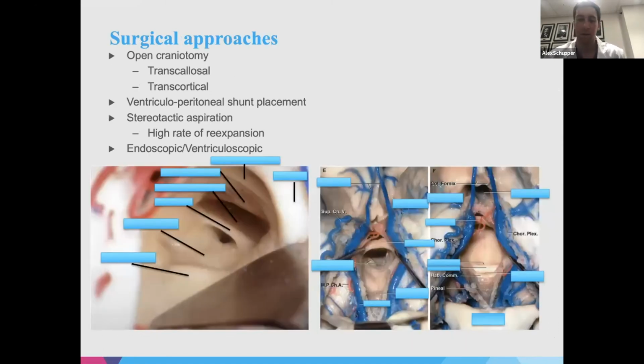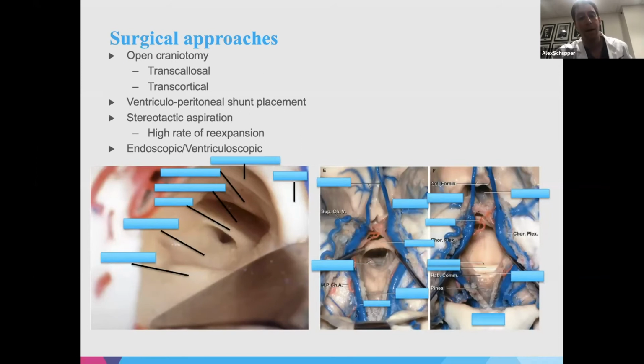All right, so now going for a little anatomy, before we talk about the surgical approaches. There are two main arms of surgical approaches for treating colloid cysts. The first is through an open craniotomy, and this includes either transcallosal or transcortical approaches, which we'll briefly discuss. And then the second arm of resective treatment includes endoscopic or ventriculoscopic approach, which we'll spend a little bit more